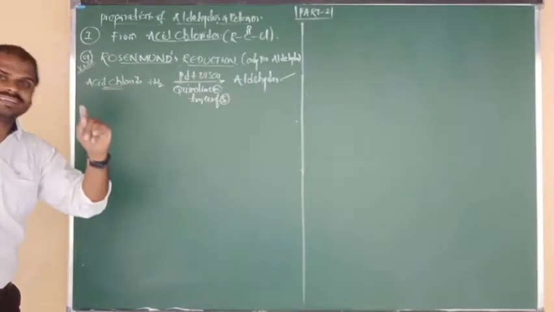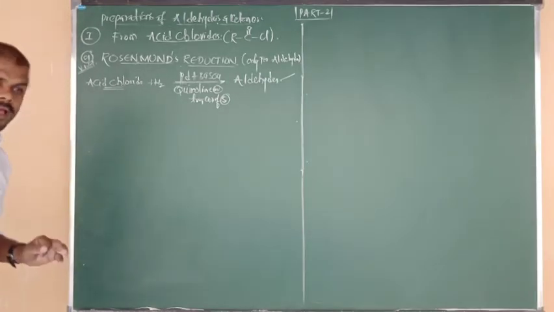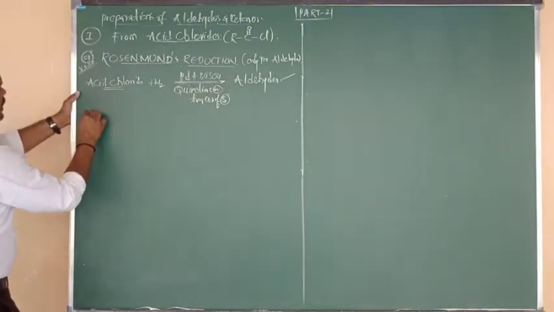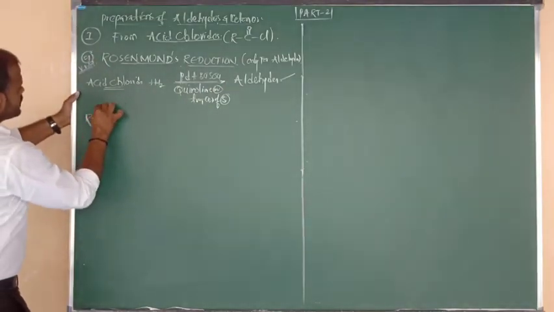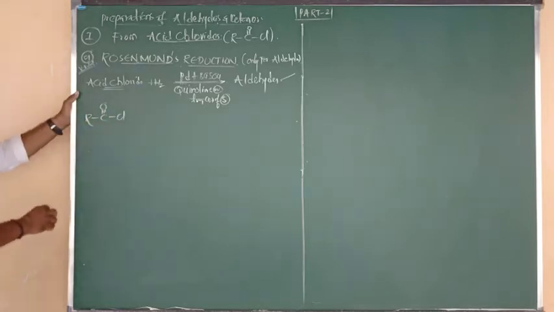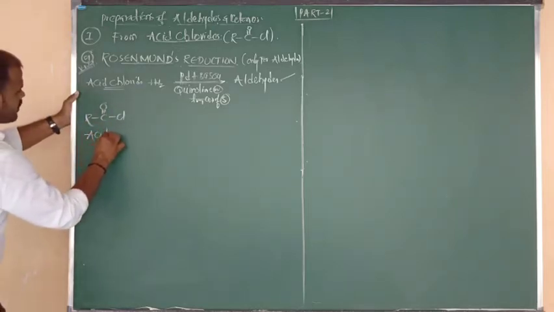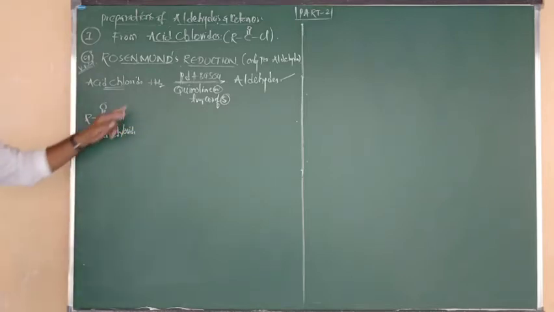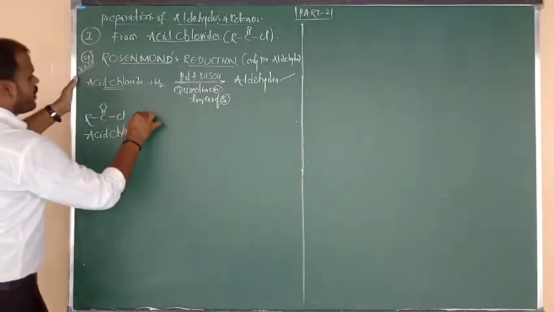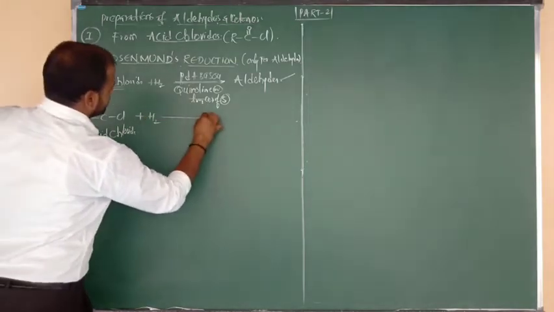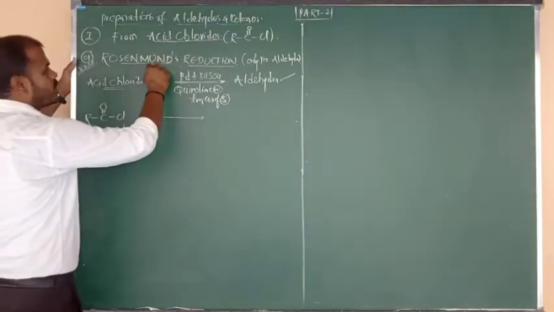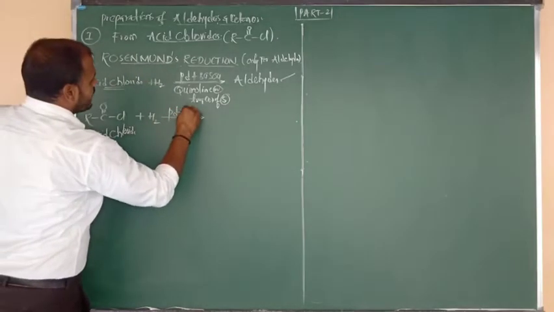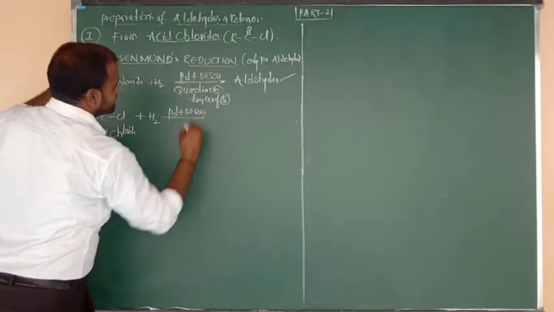Now I am going to tell you the main reaction. For that, 2 examples also I am going to give you. Acid chloride: the formula is R bonded to C double bond O, C double bond O bonded to Cl. So the name of this compound is acid chloride. Upon reduction, it undergoes addition of what, beta? Hydrogen. Reduction takes place using the Rosenmund reagent. What is the Rosenmund reagent? That is palladium plus barium sulfate.